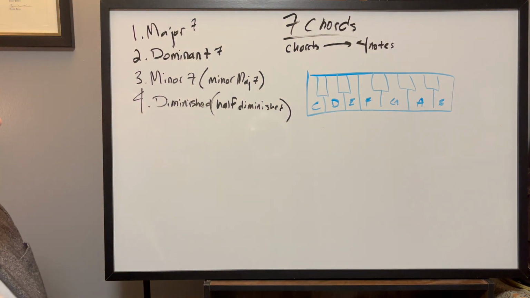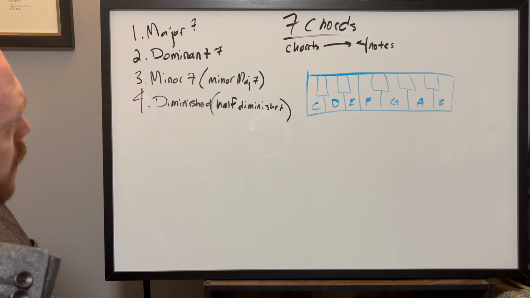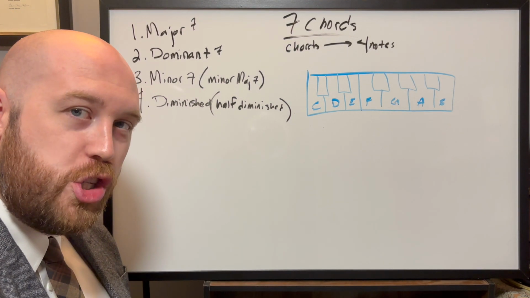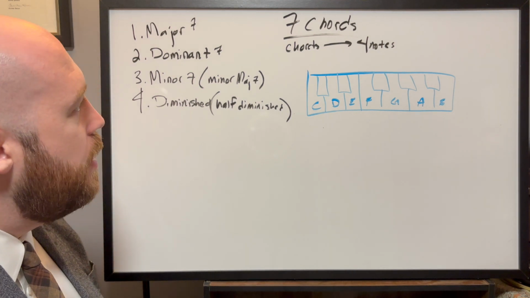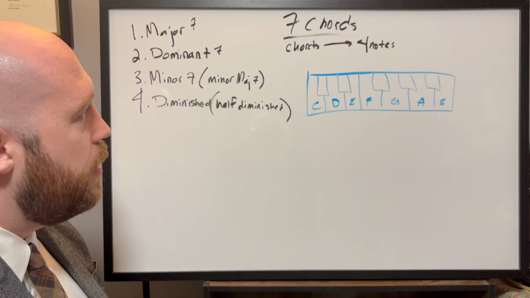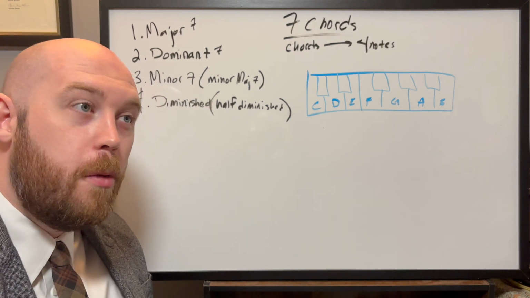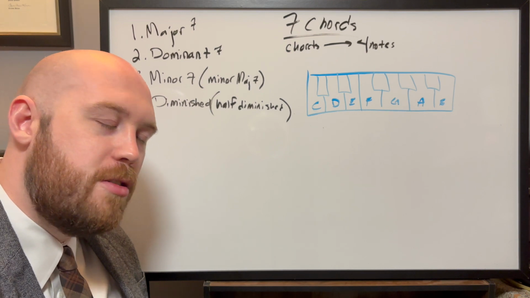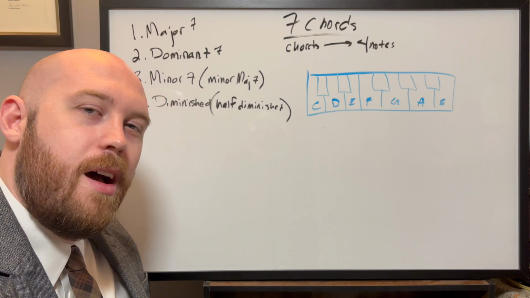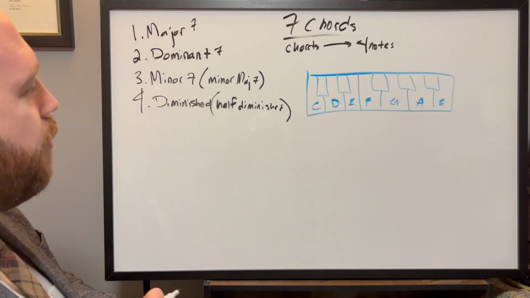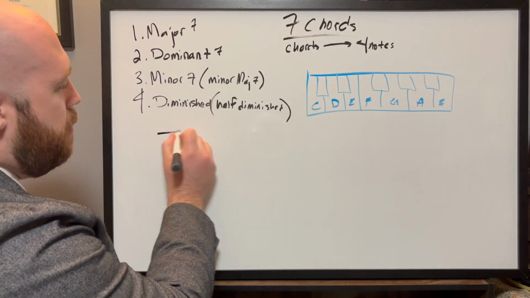All right, so let's get into this. Each one of these has its own function, just like the triads. When you get into jazz specifically, you almost never, ever just play a simple triad. There's always something that gets added on to it. So where these come from is, when you're looking at sheet music,